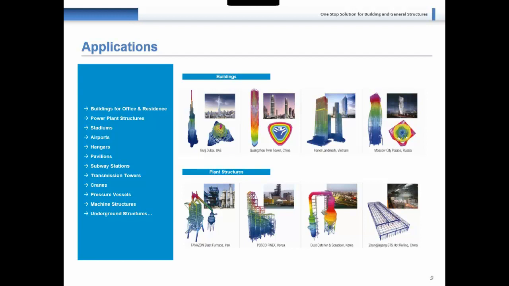Applications include buildings, in which we see here Burj Khalifa. Burj Khalifa is an application because they switched over to MIDAS Gen because of column shortening analysis. MIDAS Gen is a pioneer in column shortening analysis. Other than that, we have Gangsa Twin Tower, Hanoi Landmark, Moscow City Palace, who have completely used the MIDAS Gen program